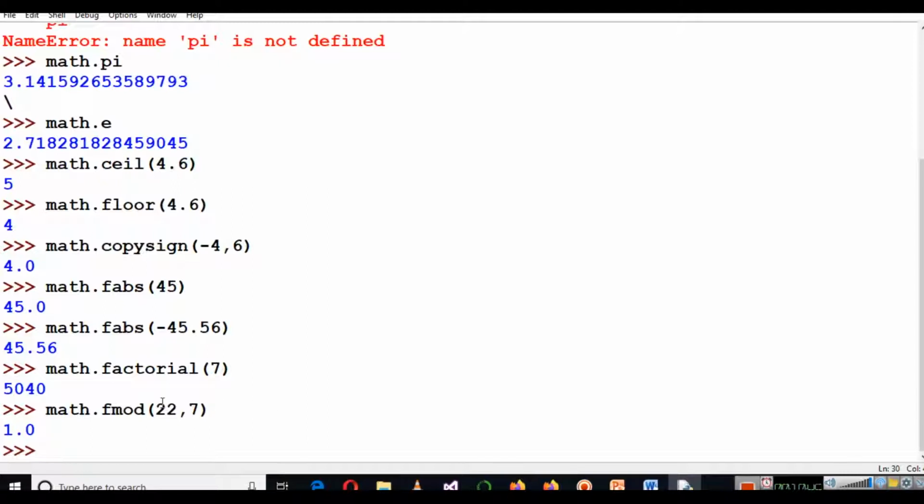You can see if you divide 22 by 7, the quotient will be 3 and the remainder will be 1. So this is the work of the fmod method. There is an operator in Python, the percent sign, which is also used for getting mod of a and b.